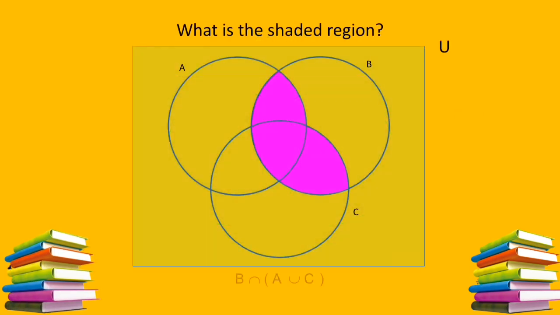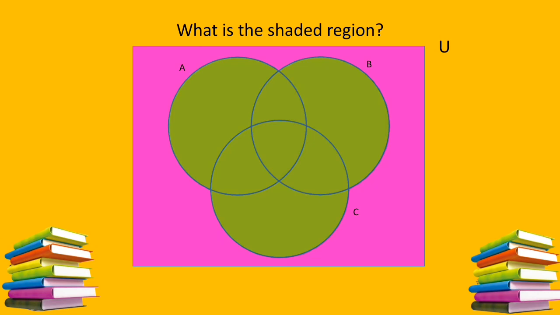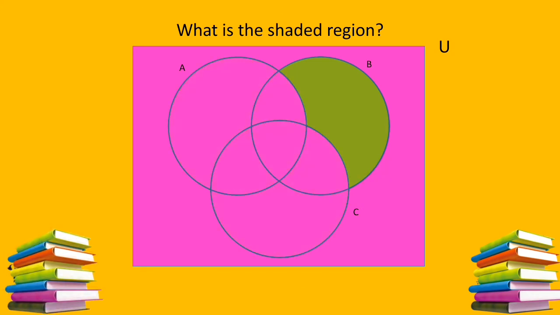Now students, you can see that here are 3 sets. For 3 sets we also use this method: B intersection A union C. Here B is only this area, and A and C are also present here. So the area in pink color is the representation of B intersection A union C. Now students, A union B union C is this area, so its complement will be the area which is outside of this set. So the area in pink color is the A union B union C whole complement.